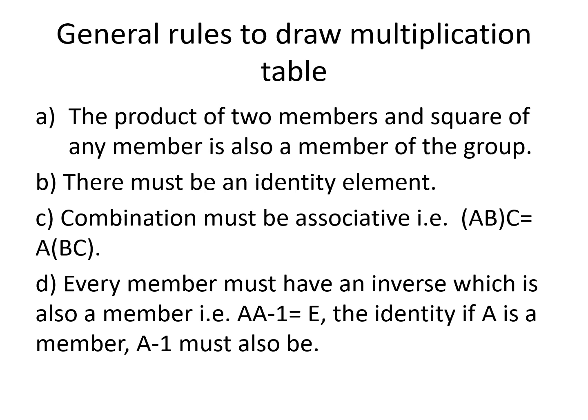Today we will learn how to build a multiplication table under the subject of symmetry and magnetochemistry. So here are some general rules which are very important if we want to draw the multiplication table of different molecules. First one is the product of two members and the square of any member is also a member of the group. Here the member means symmetry element or symmetry operation that exists in that particular molecule.